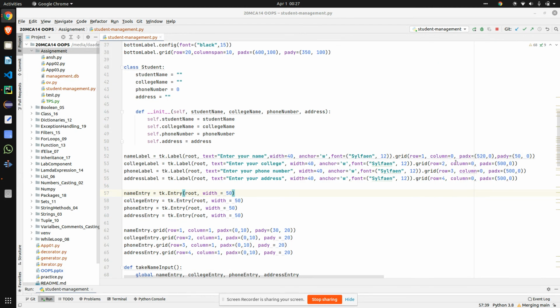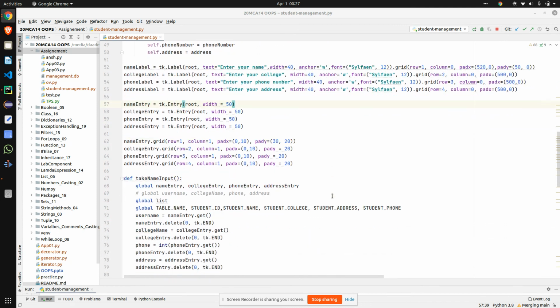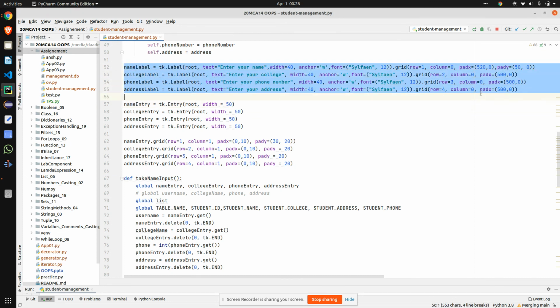And these are the labels for the input boxes, the labels that will be displayed in front of the input boxes. The actual labels that are displayed are these: name entry dot grid, college entry dot grid, phone entry dot grid, address entry dot grid. So from here we are not displaying that particular text.